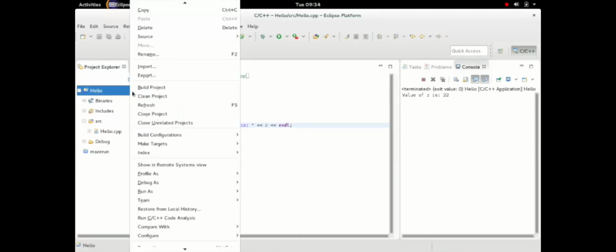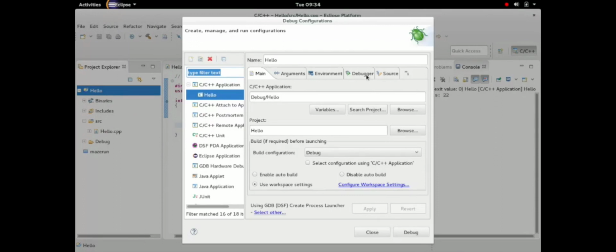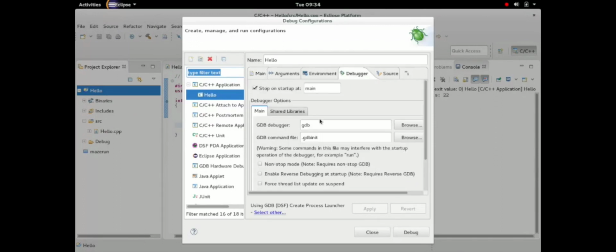Right click on Project, Debug As, Debug Configurations. If you look under the Debugger tab, you can see that we're using GDB. If you want to use a different debugger, you can configure it all here. You can tell the debugger not to stop at main if you like. Sometimes, if you're using your own breakpoints and repeatedly debugging, it can be a bit annoying to keep having to resume after hitting main. You can also enable reverse debugging here, and you can specify the location of your GDB